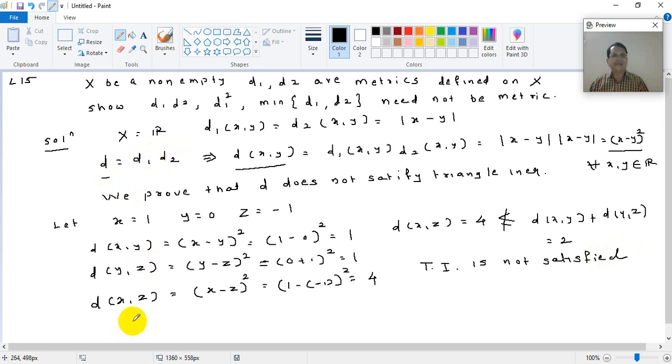Okay. Now this same example will work for d1 square also, because here we have taken the same thing. Here our d2 is the same as d1, because we took the same definition. So we need not give a new example for this. We can say this example works, right? So I will note it here. This was the first part of the problem. In the second part, for d1 square, the same example will work.